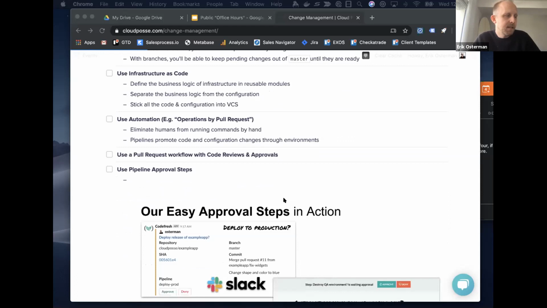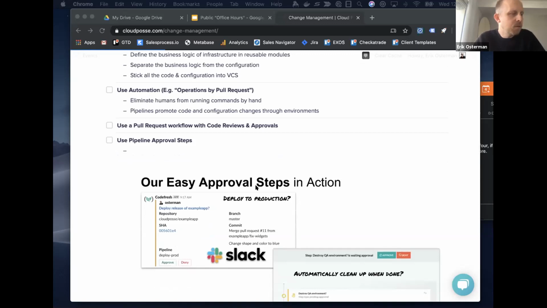Automation, obviously: taking what you have now in source control and having a way of getting humans out of the equation, because humans are difficult to audit, but source control is easy to audit, and anything that is machine-controlled automation, you can continuously refine and improve and have controls in place.